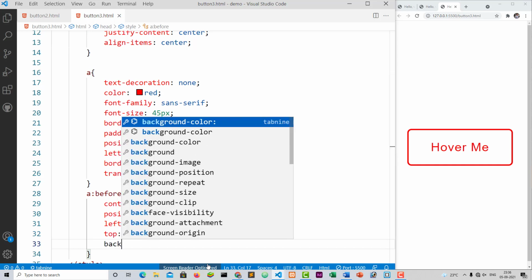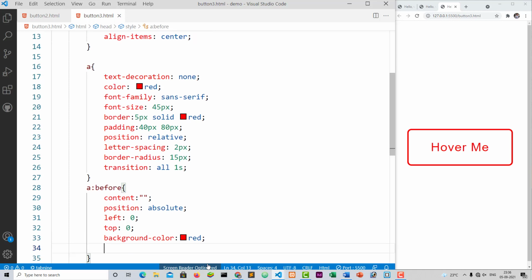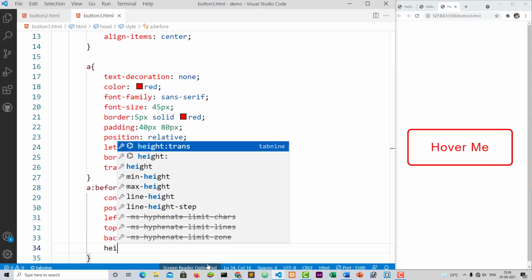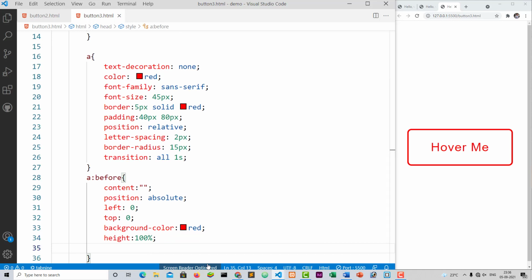I use background color to be red. Give height to 100%, that means full height. Also give width to 100%, means full width.